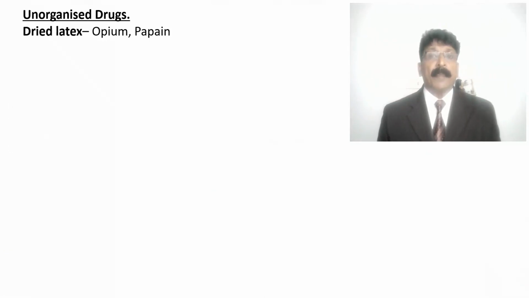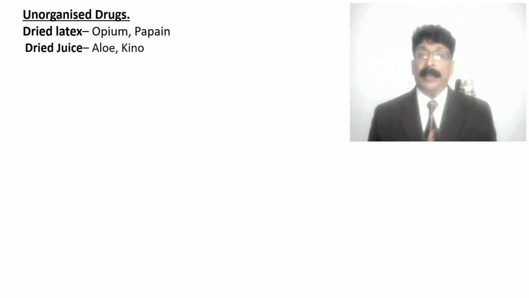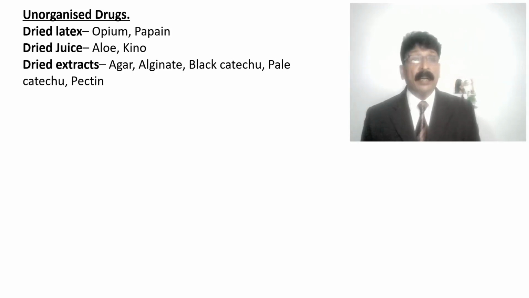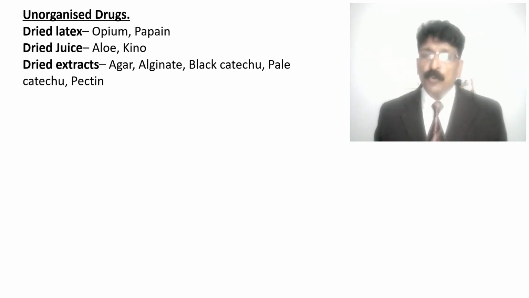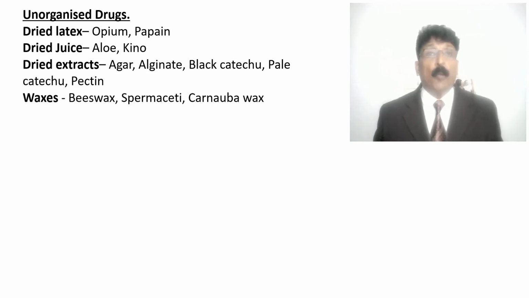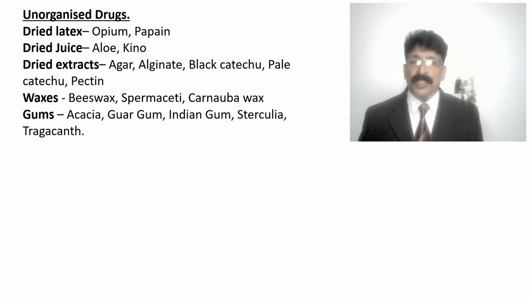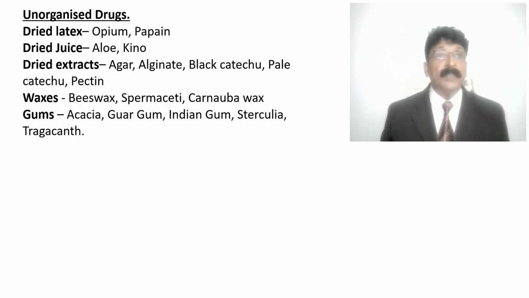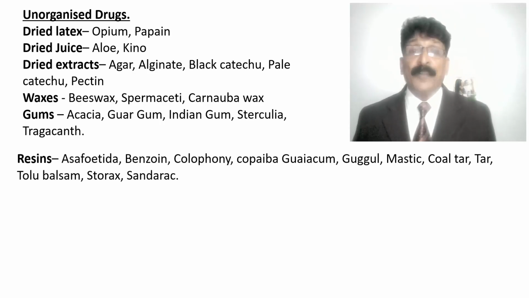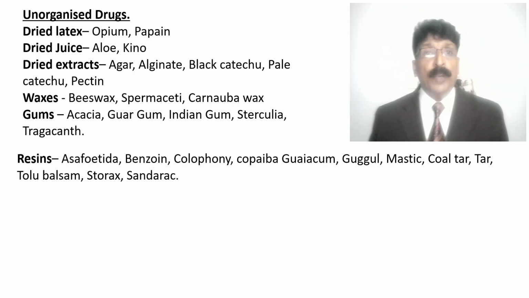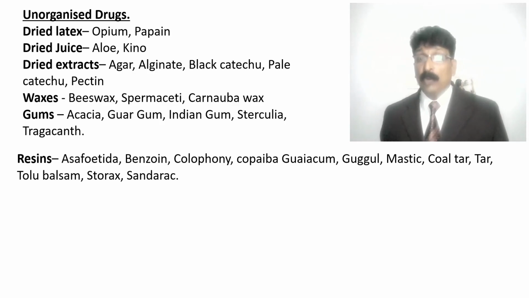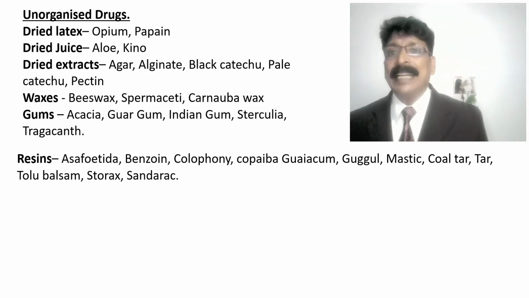Unorganized drugs: dried latex like opium, papain; dried juice, aloe, kino; dried extract, agar, alginate, black catechu, pale catechu, pectin; waxes, beeswax, spermaceti, carnauba wax; gums, acacia, guar gum, Indian gum, sterculia, tragacanth; resins, asafoetida, benzoin, colophony, copaiba, guaiacum, guggul, mastic, coal tar,